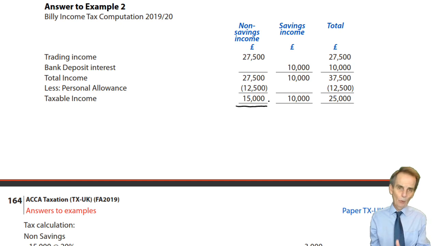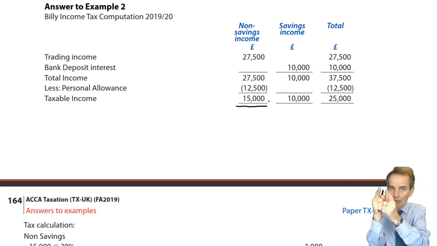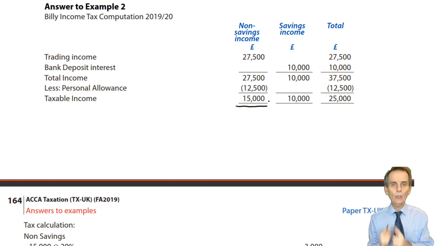What is important about that is, when you're doing a computation of this nature, we analyse to begin with the sources of income. There on the question page, we put NS, non-savings, and S for savings. And as soon as you see that there is savings income, interest income, you have to start thinking about the applicability of the 0% starting rate band and or the savings income nil rate band.